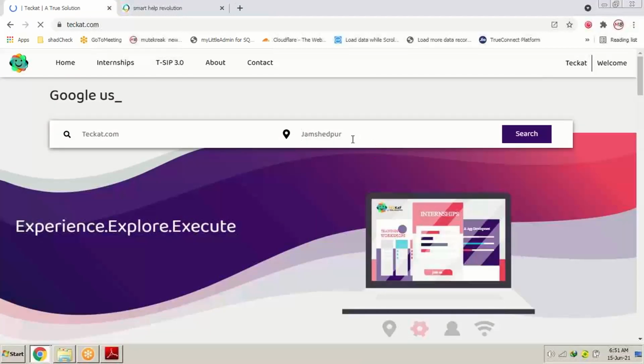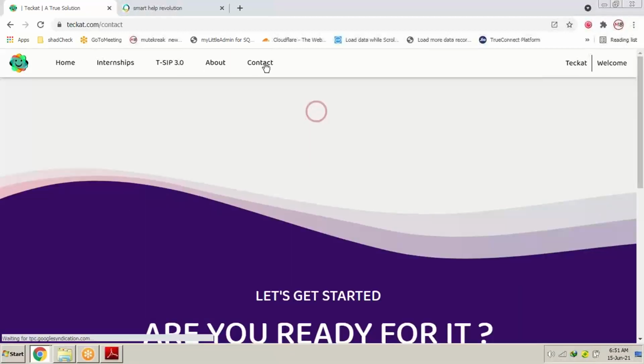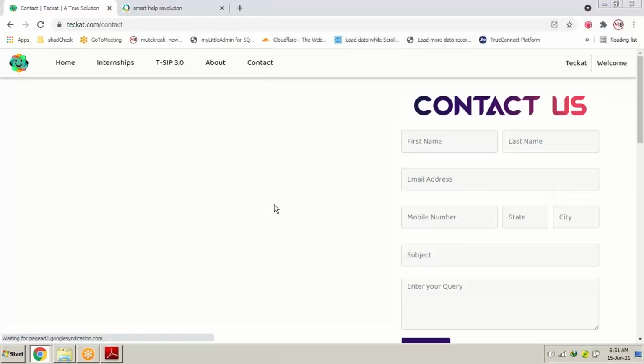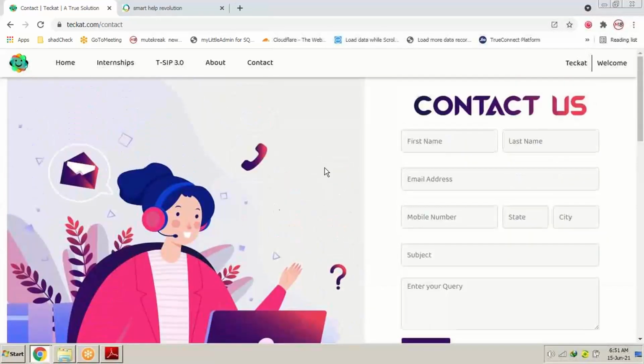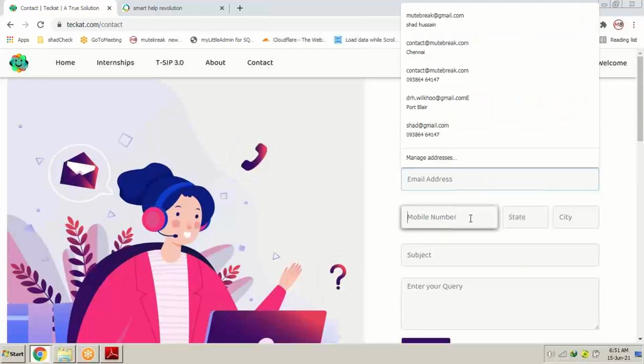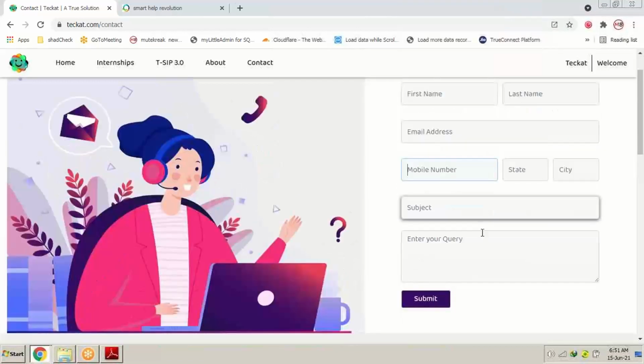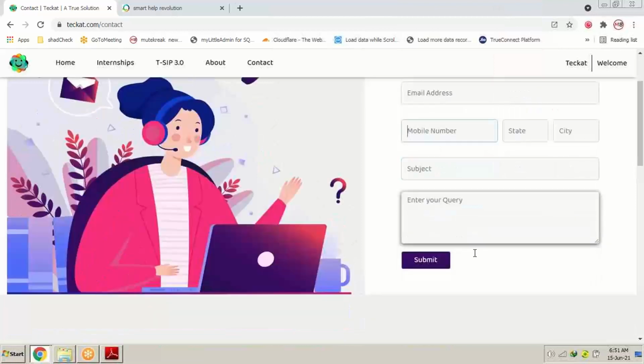Now you can see there's a search bar, we can search something from here. If we go to contact us, what we can see? First name, last name, email address, mobile, state, city, subject, and enter your query and submit.